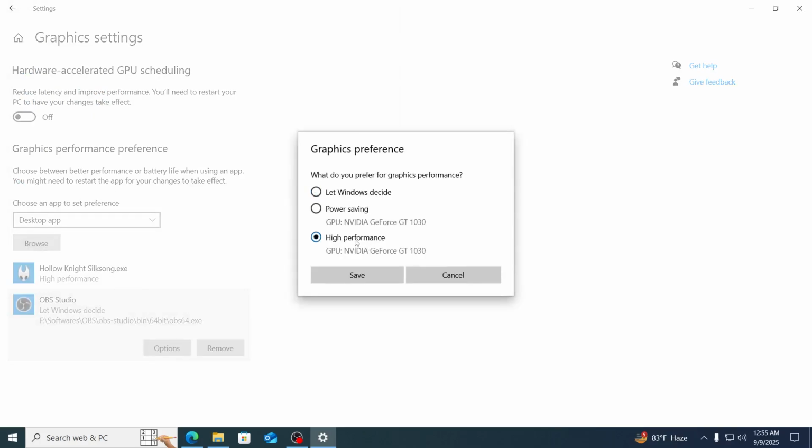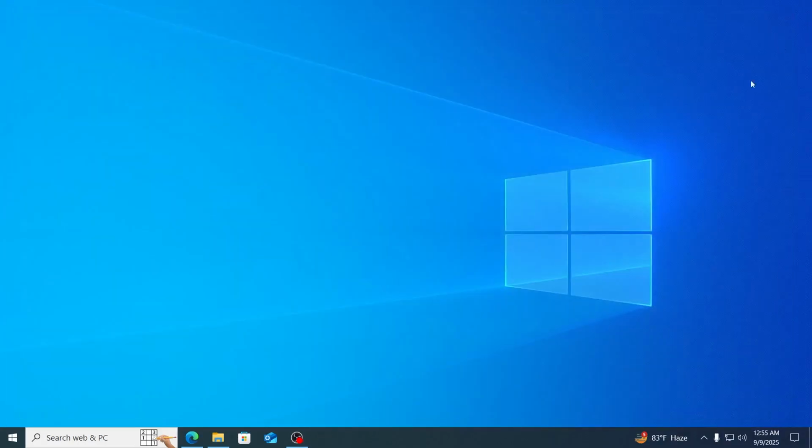From here, make sure to select the high performance mode, which is gonna use the best GPU you have, and click on Save. Then just close this. Then just go ahead and try opening OBS and it should not crash. And basically that is how to fix OBS Studio crashing on your Windows 10 laptop or desktop